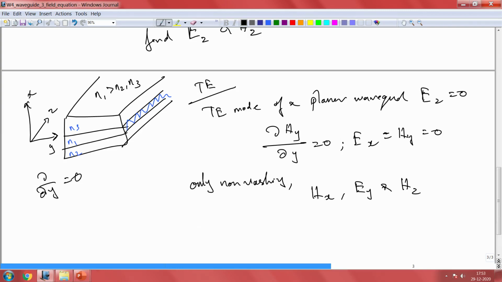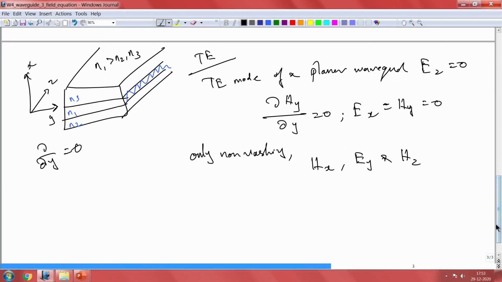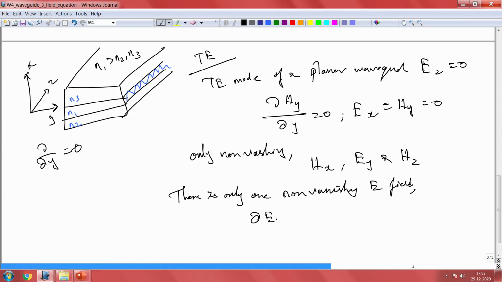So because of this implication, the only non-vanishing part we have is Hx, Ey and Hz. Because there is only one non-vanishing E field, and that is your Ey,